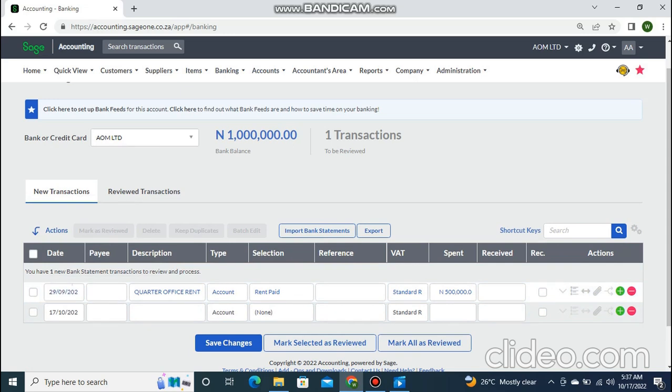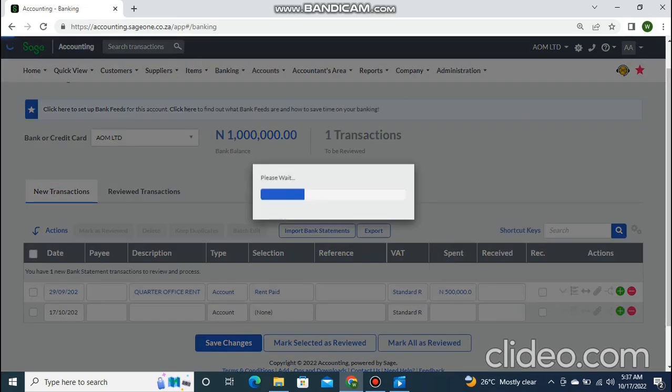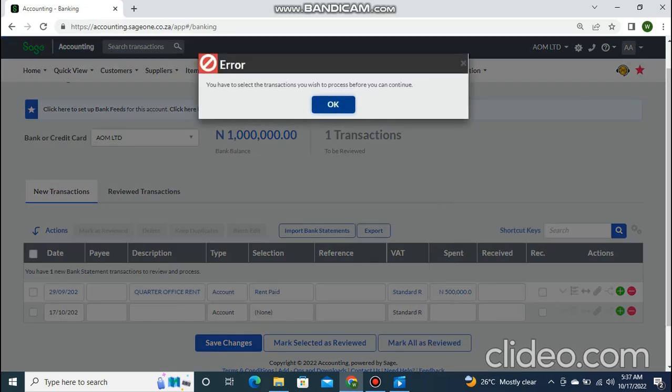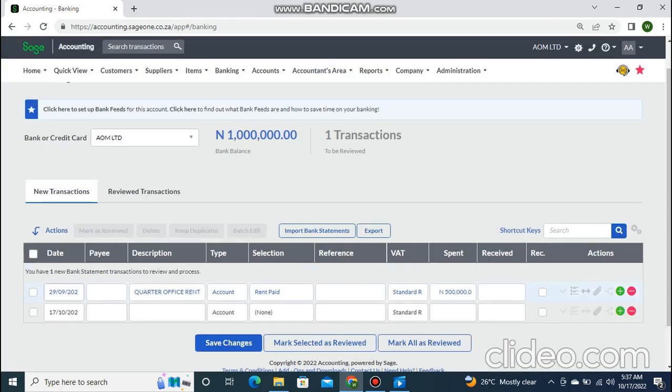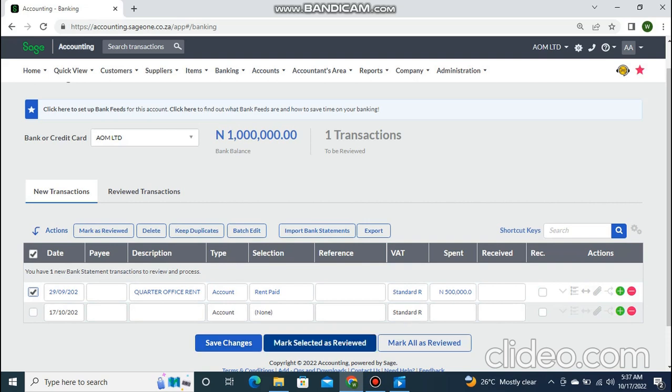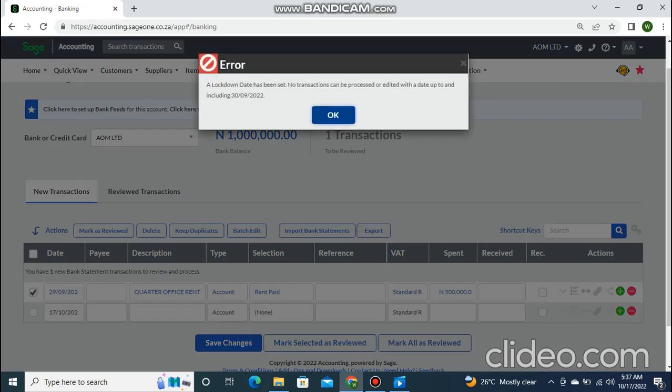So once you're done with this, you're expecting that, of course, the normal process is for you to mark all selected as reviewed, or for you to first of all select that very transaction that you've entered, so I can be able to mark, or I save. So if I try to say okay, mark selected as reviewed, it's going to say no. Why? Because